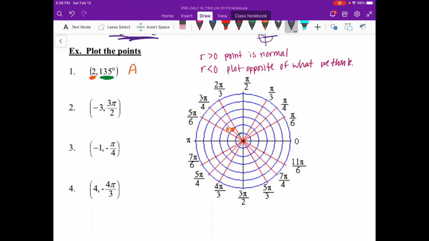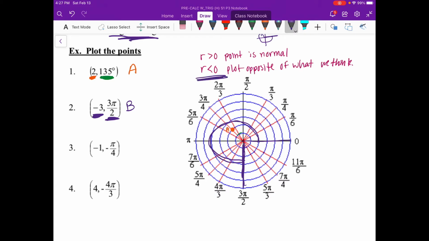The next one I'm going to call point B. Again, you start by graphing your theta, your angle theta. In this case, 3 pi over 2 is going to, again, positive means we're going to start here and go all the way around. 3 pi over 2 is right here. So technically, I have this whole angle all the way around. That's 3 pi over 2. Now, this is the new part where